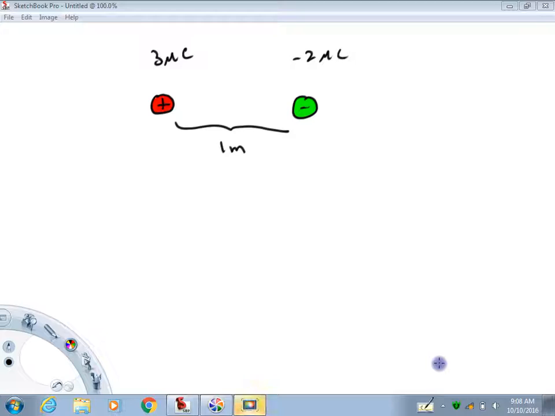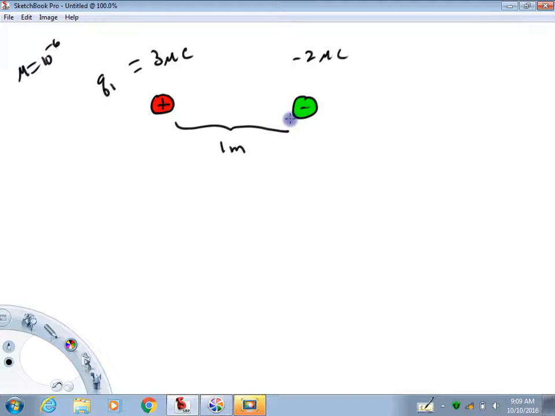The purpose of this video is to demonstrate how to calculate what's called the Coulomb force on a pair of charges, or on a pair of charged particles. So what we're looking at here, we have a positively charged particle that I'm going to call Q1, where Q1 is 3 microcoulombs. Micro means 10 to the minus 6. I'm going to write that off to the side. And over here we're looking at a negatively charged particle with a value of negative 2 microcoulombs. And again, micro means 10 to the minus 6. And in this example, we're going to assume they're separated by 1 meter, and we're going to calculate the force